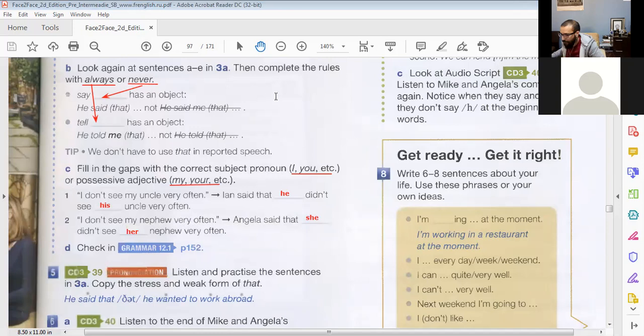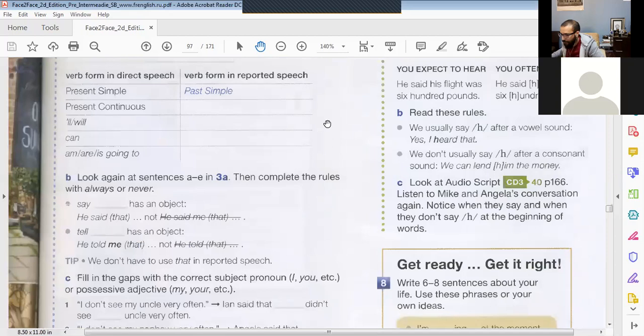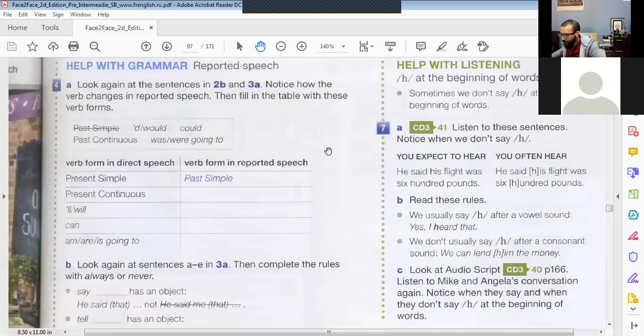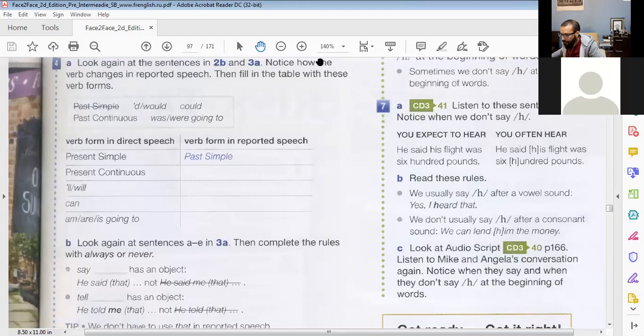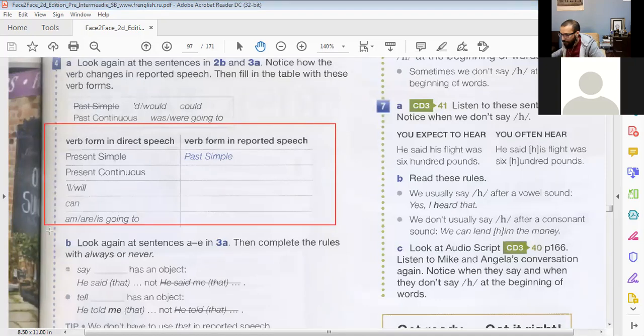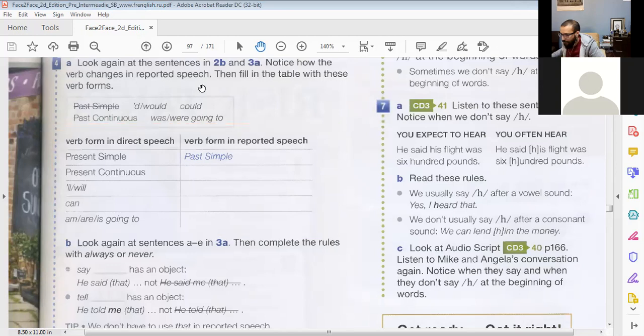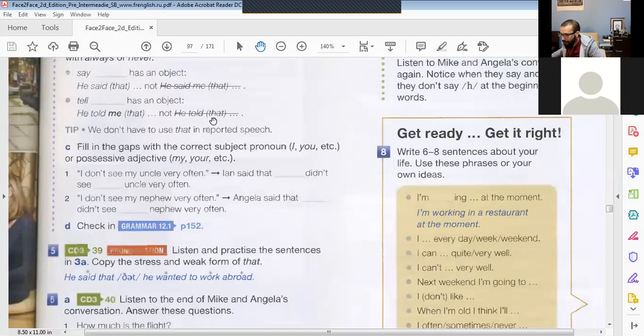Okay? So this is a little introduction into reported speech, how you use it. What do you think of it? Is it difficult? Is it easy? No, not difficult. I agree, it's not really hard. You just need to pay a little attention, at least in the beginning. In the beginning, it's good if you stick to the rules. After that, it becomes automatic. You start doing it without the rules. And after that, you'll find yourself doing it without even thinking of it. So this is the idea.